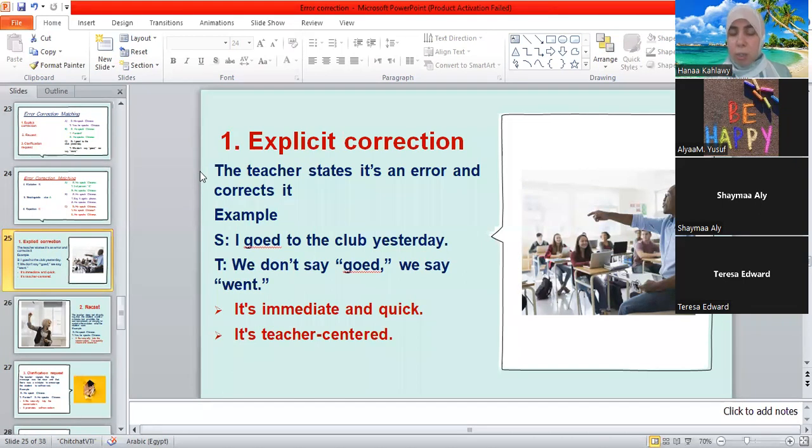Explicit correction, it's all about the teacher. And I say, pay attention, we have a correction here. It's supposed to say this instead of that. So can you guess when should I use this way?